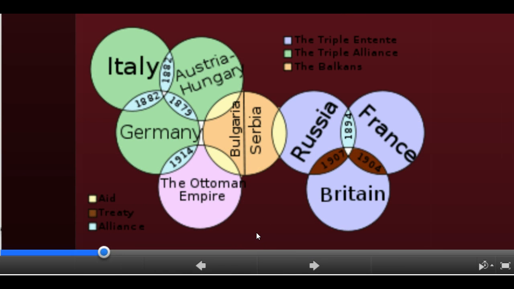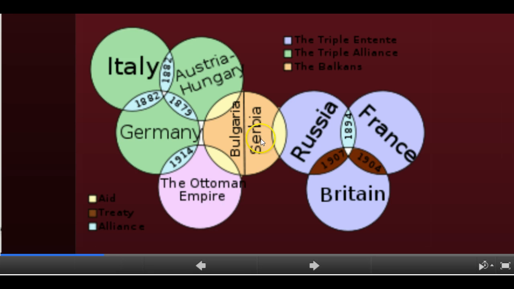So the Serbian shot the Archduke Franz Ferdinand. Serbia was a part of Austria-Hungary. However, they wanted to combine all of their territories that had their ethnic people together. They wanted to have their own country. Austria-Hungary would not grant this because it was made up of many different ethnic groups. If they allowed one to do it, then they would have to allow others to do it. So the Serbian Gavrilo Princip shoots Franz Ferdinand.